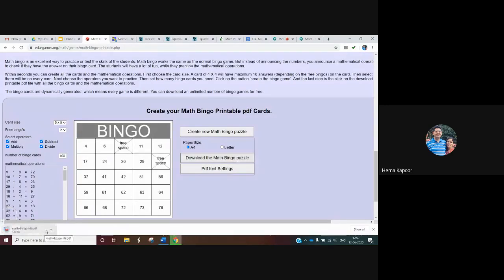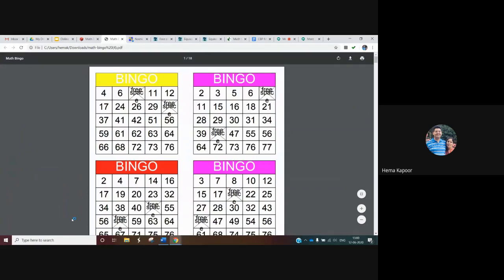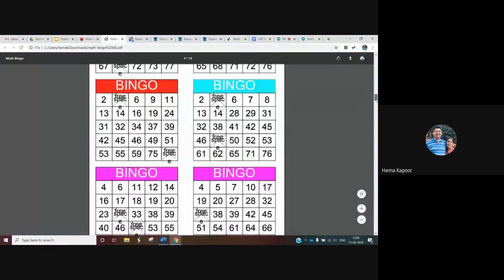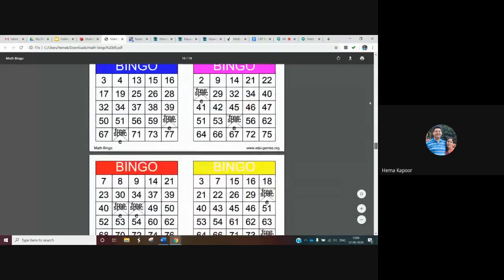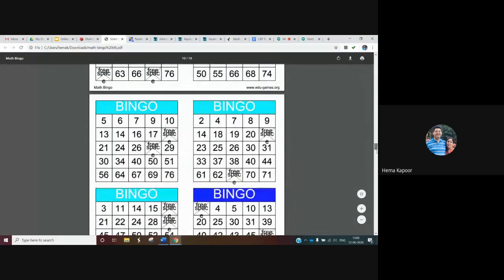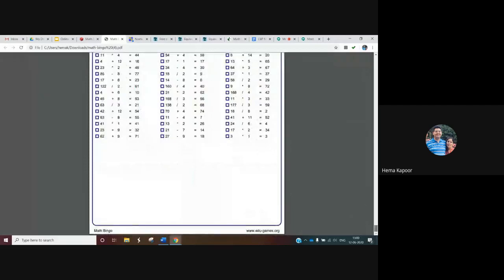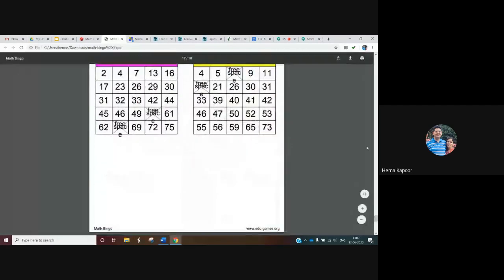And here you can see loading, taking a second. Okay. Now open, okay, saying open when done. So this is how the cards have been created with no time. And then again you can download, and the answer key is also available, or you can print as per your need.